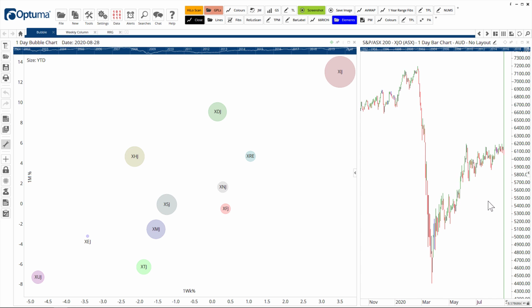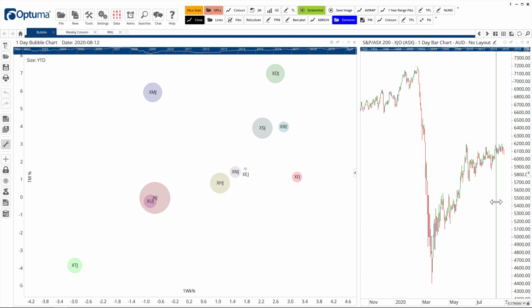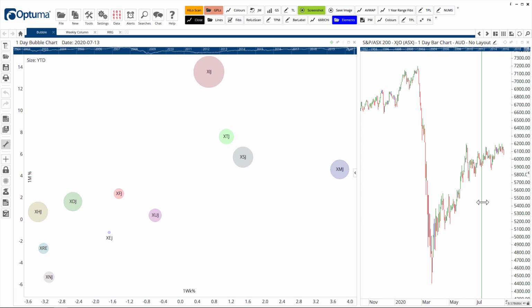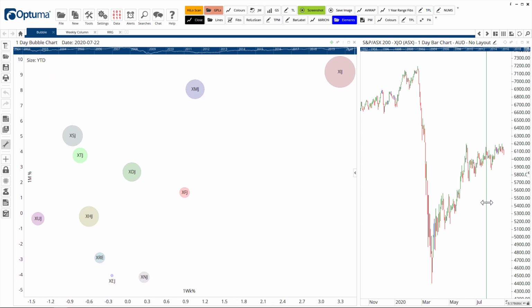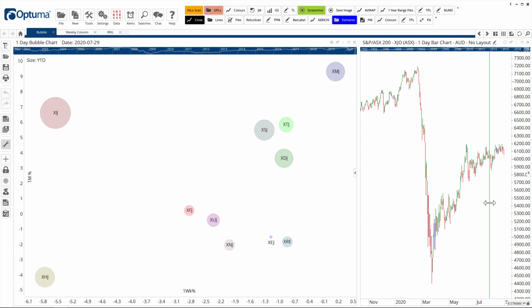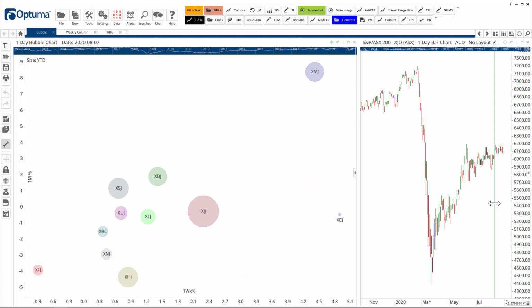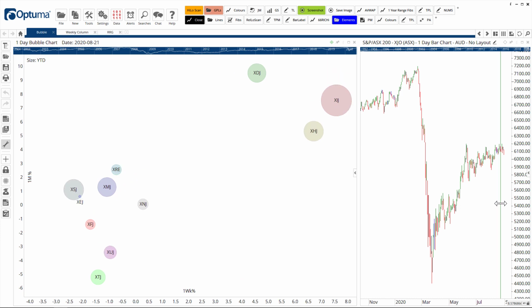You'll see that a green vertical line has appeared on the chart on the right hand side. So I'm going to click and drag that vertical line, and the bubble chart on the left hand side follows on that particular date. This is a daily chart, so you can see on any particular date how those sectors are